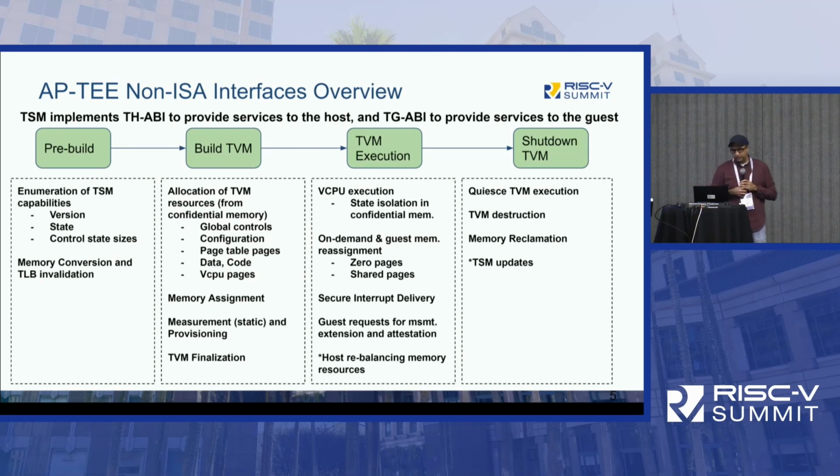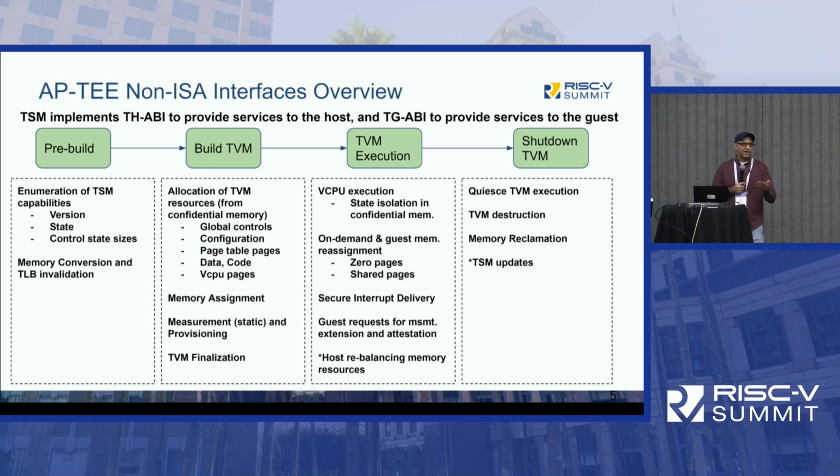So this is just to give you a quick snapshot of what areas those software ABIs live in right now. We've been looking at the life cycle of a confidential workload on a platform, and mapping it to different aspects: how do you enumerate the capabilities on the platform? How do you actually instantiate a confidential workload? How do you interact with the memory access control or memory encryption properties you have on the platform? When a TVM is executing, what's the impact on the interfaces that the host uses to make a vCPU runnable on the platform?